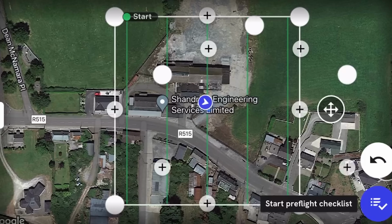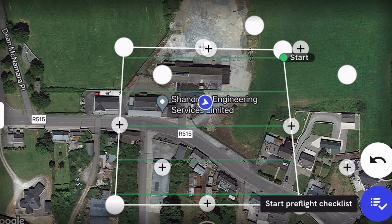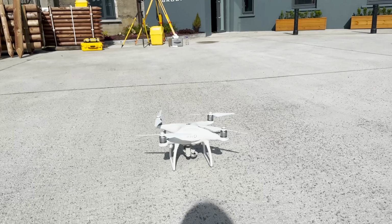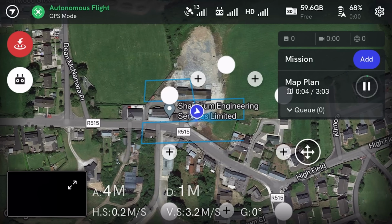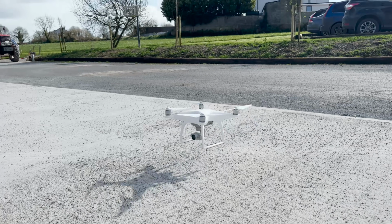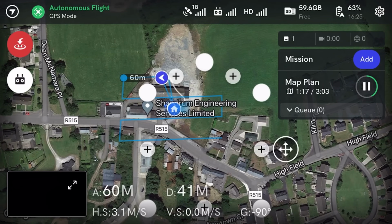So basically, it's very simple to use. It connects to our phone or iPad, and basically what you do is you can map out where you want the drone to fly over the farmyard. So, you know, you can create a boundary. If you don't want to fly it over maybe next door neighbour, you can draw a line, and